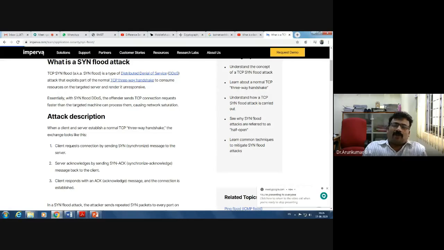TCP/IP protocol: Transmission Control Protocol / Internet Protocol. You all are aware of these protocols. Transmission Control Protocol is a transport layer protocol. On the transport layer, you have one more protocol called UDP. On the internet layer, that is network layer 3, you have the IP protocol.